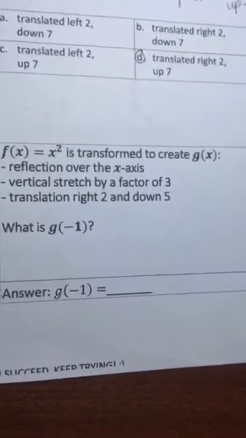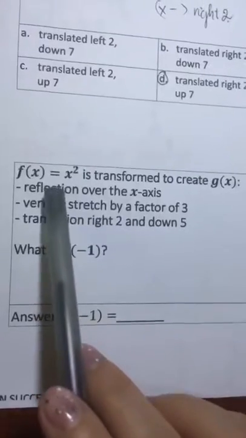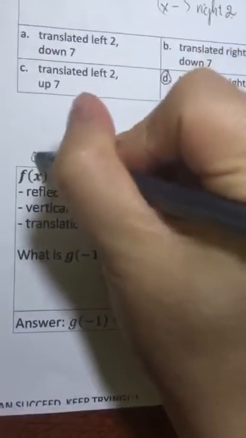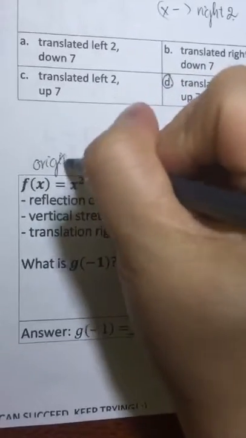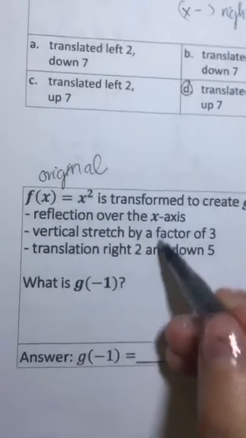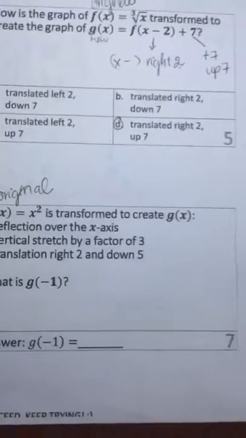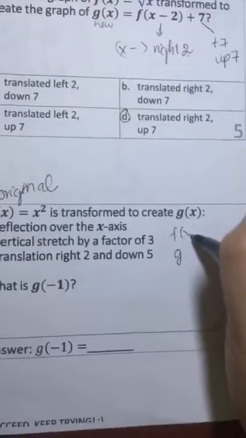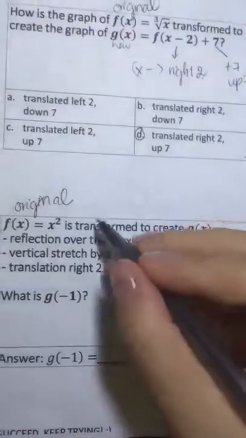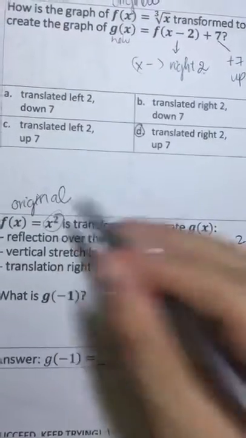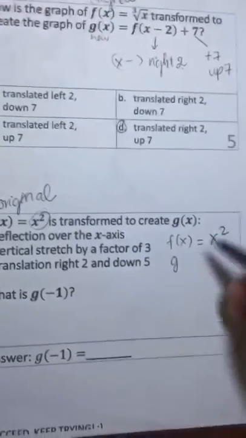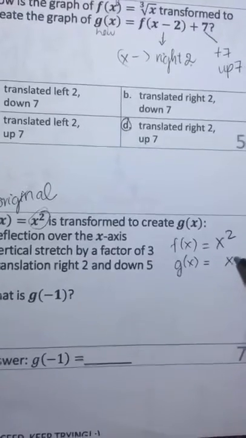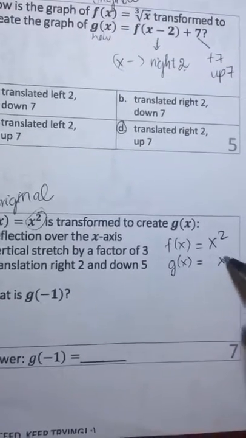Now, for an example like this, when they give you the original function and they ask you to create a new function based on these characteristics, we're going to start by rewriting our original, which is f of x equals x squared. It's coming from right here. Okay, so your new function is going to look similar to that, except we're going to add things into it. So here you're going to start with x